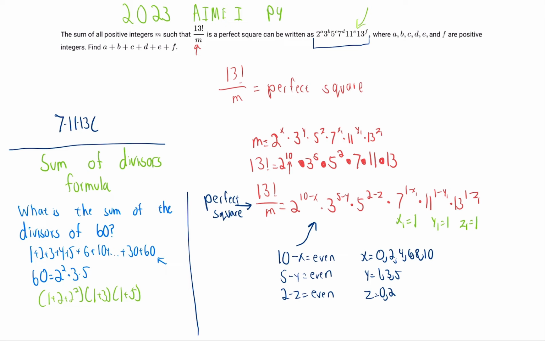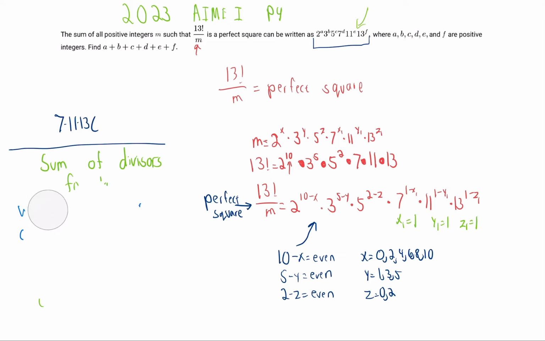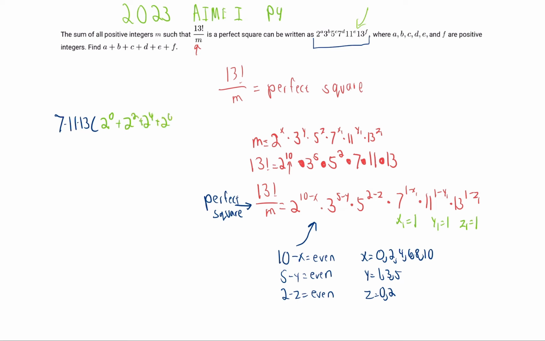Okay, so now we're going to try to apply that to this problem, except instead of the sum of the divisors, it's the sum of the square divisors. So basically, here, we'll do times 2 to the power of 0, plus 2 to the power of 2, plus 2 to the power of 4, plus 2 to the power of 6, plus 2 to the power of 8, plus 2 to the power of 10,